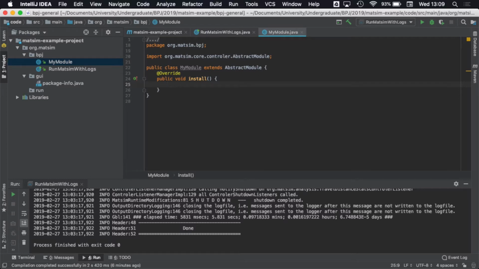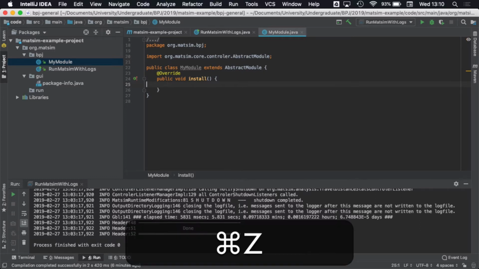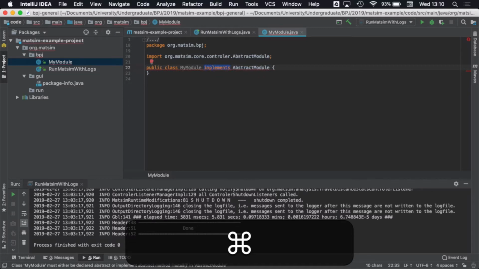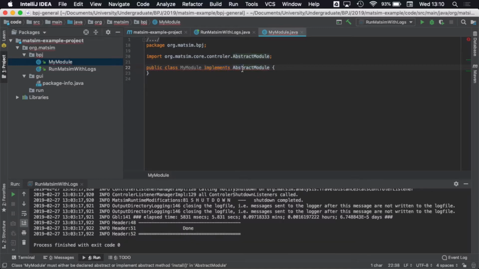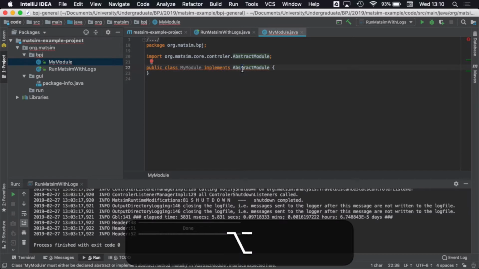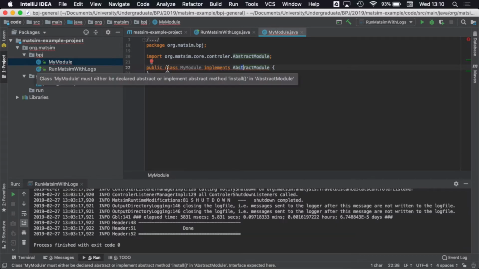Yep. Can you show us how you installed it again? Okay, so I started by typing this. Now, the shortcut key in IntelliJ is Option Enter. Whenever you're on an error like this, these red squiggly marks,